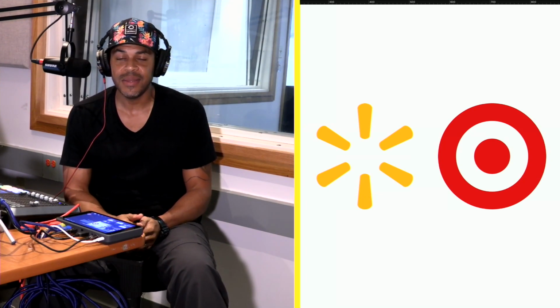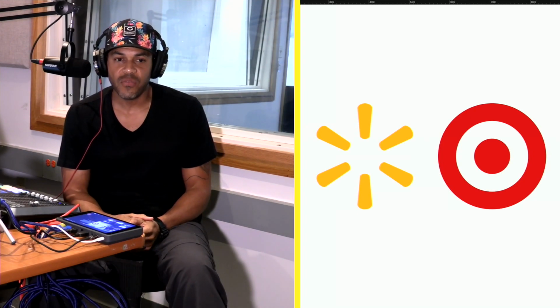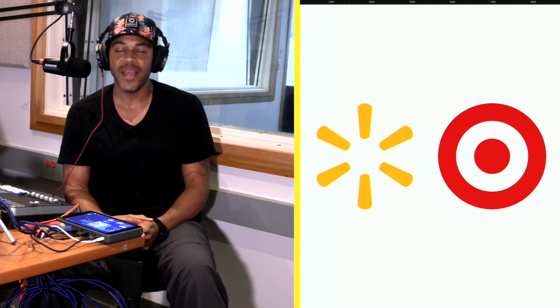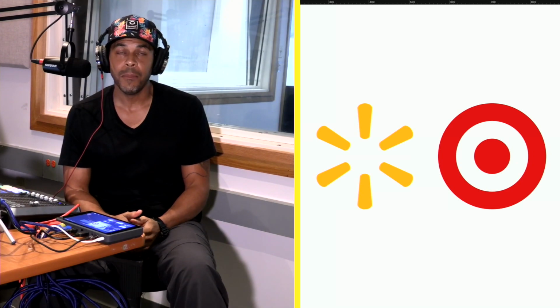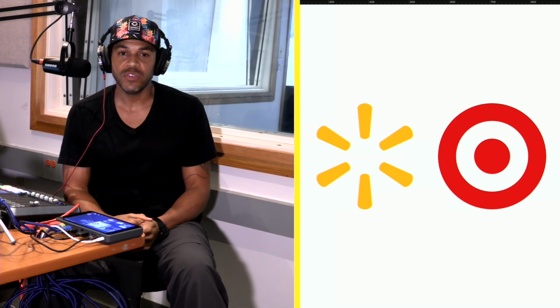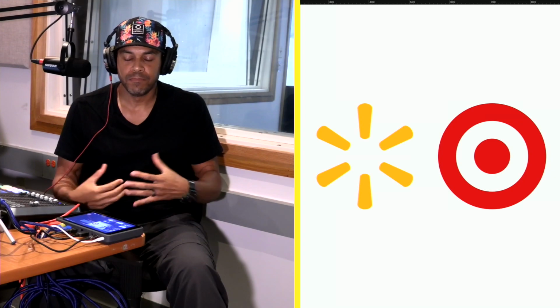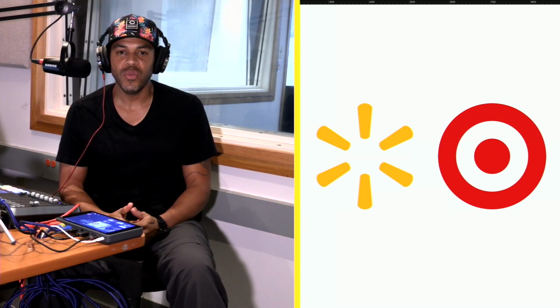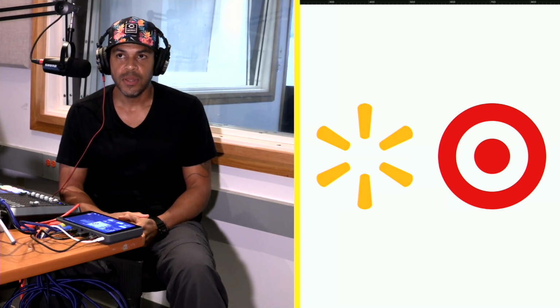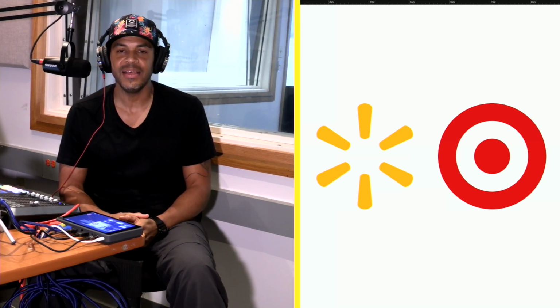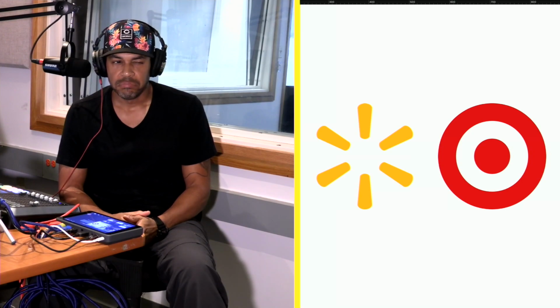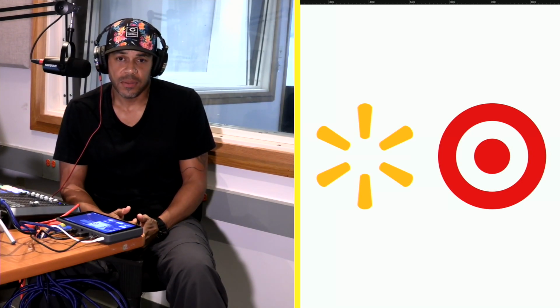Target seems to present itself more like a department store, more like a higher-end place. It feels a little less cheap, a little less like a warehouse. It feels more like Macy's than it does Costco, right? That's why I prefer Target.